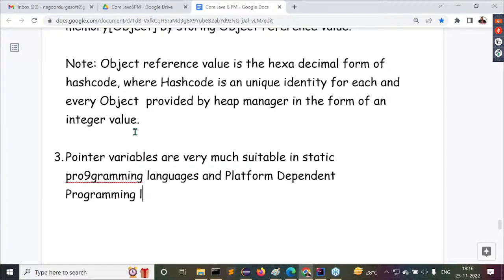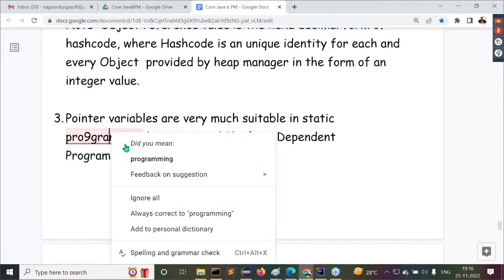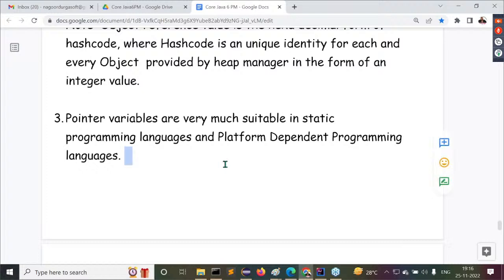Already we understood this point clearly.